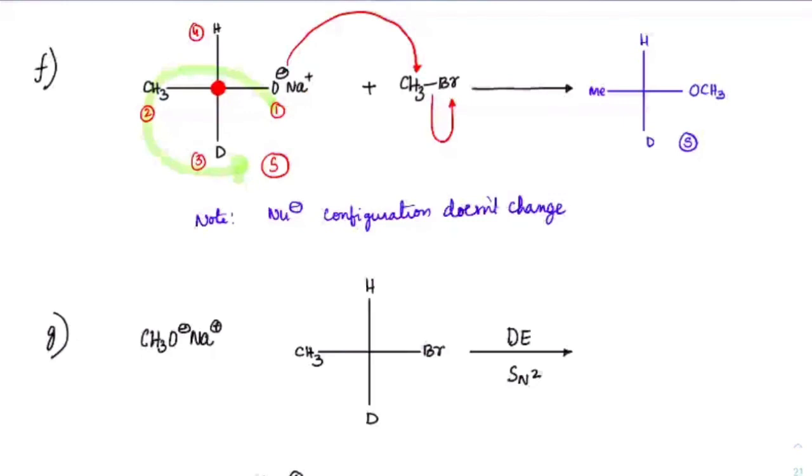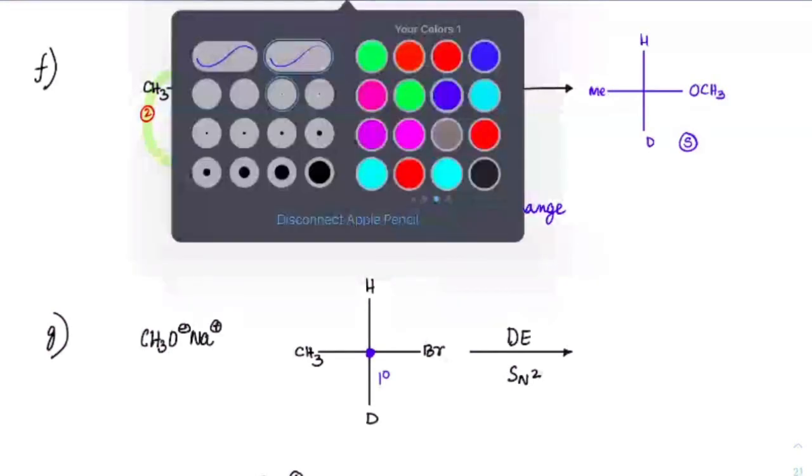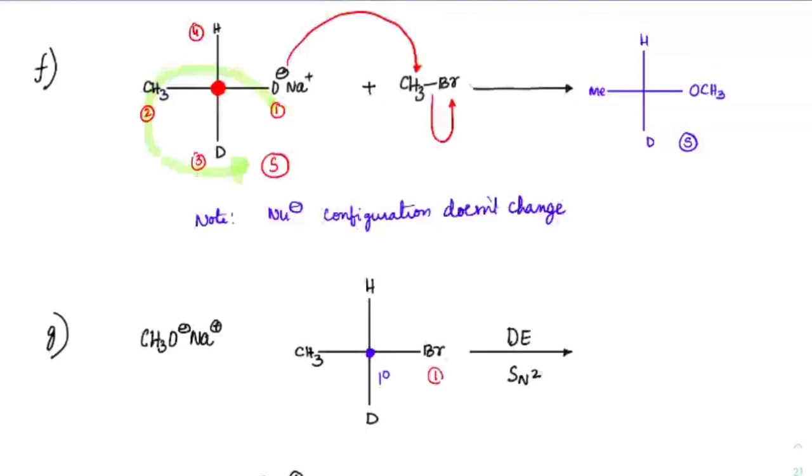See the next one here. Firstly, is it SN2 ready? Is this substrate SN2 ready or not? This is only at the primary position. This is a 1 degree carbon, but fortunately it is a chiral center also. If I write the priorities, it is 1, 2, 3, and 4. So it is also moving in anti-clockwise direction, so it is also S configured.